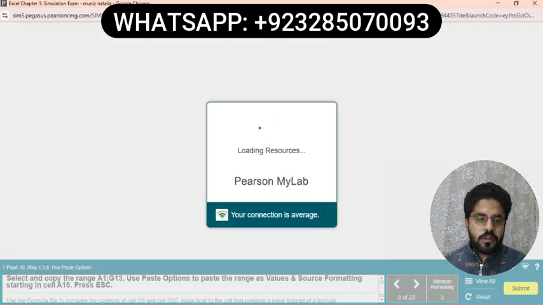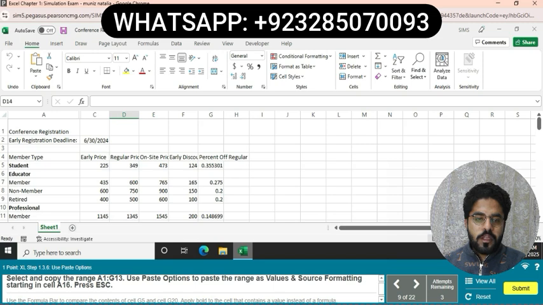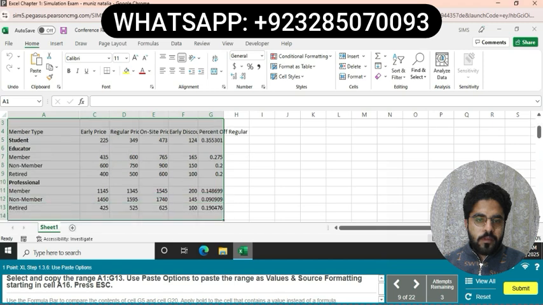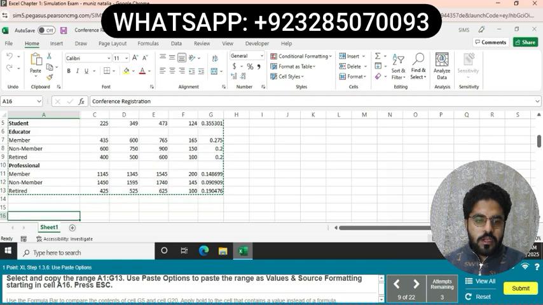Question number 8. Select and copy the range A1 to G13. Use paste options to paste the range as values and source formatting, starting in cell A16. First we select the range A1 to G13 and use the shortcut Ctrl C for copy, and in cell A16